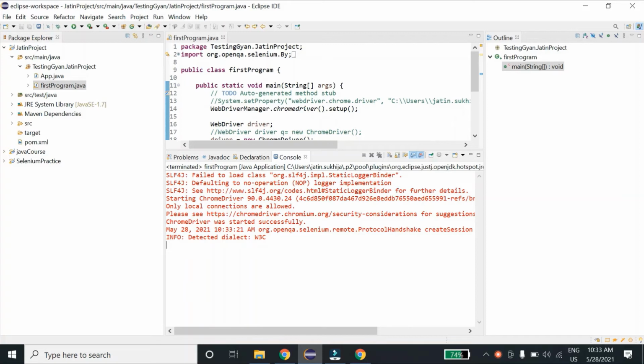There can be some cases wherein this name or ID or other locator techniques such as class name is not there directly in the web element. In those cases, we'll use either XPath or CSS. We are going to learn each and everything about XPath and CSS in our next video.